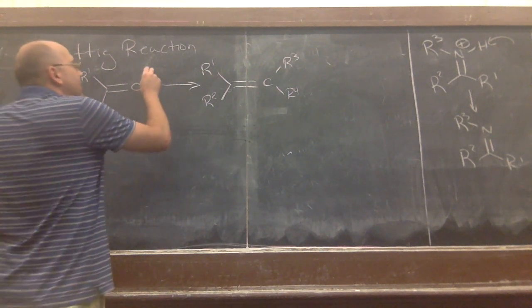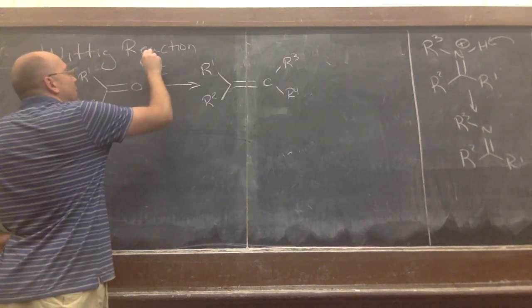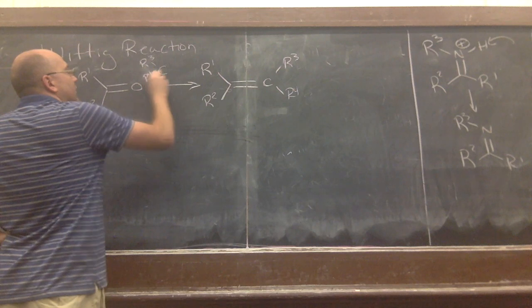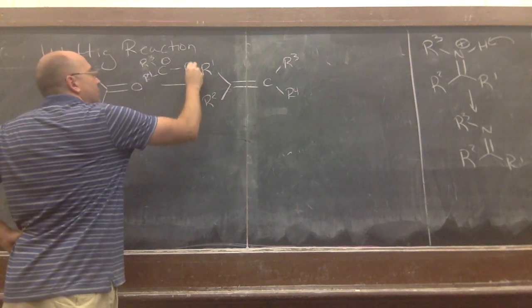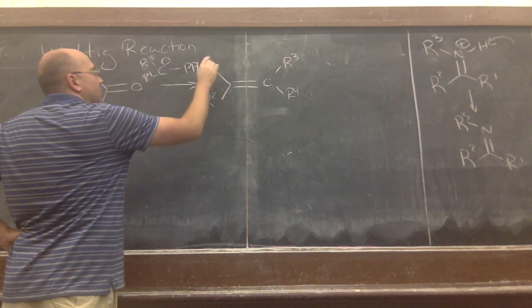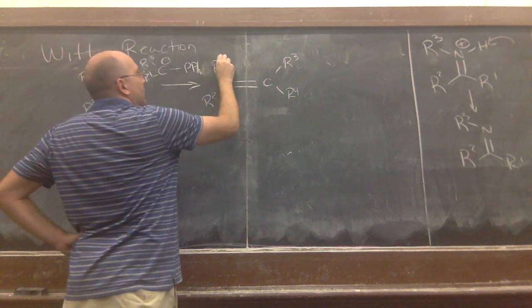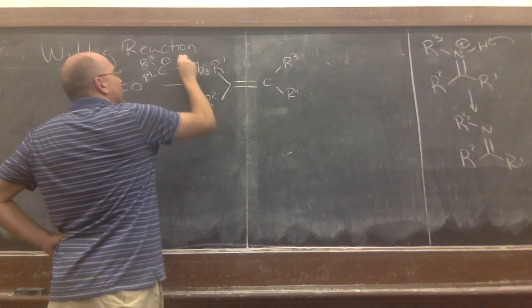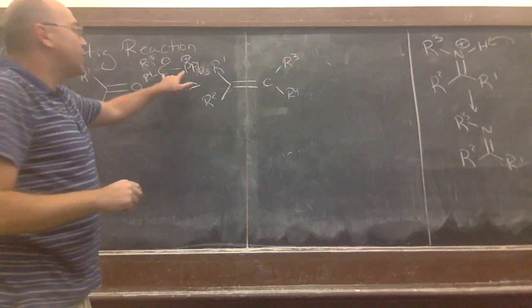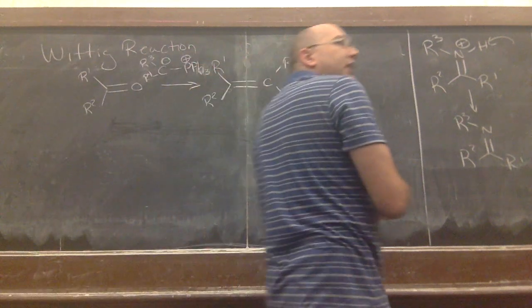Now the reagent that we're going to use here is what's called a Wittig ylide. So let me spend a little time over here talking about the Wittig ylide and how we make it,